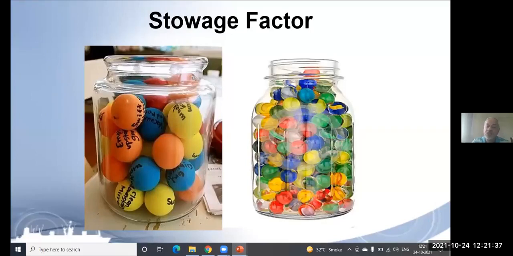But ship's cargo holds are not like a jar, they have internal structures also, because the ship's outside hull is smooth. So all the strengthening members are inside, protruding out on the inner surface of the cargo hold. And with that, when you are putting baled cargo or boxes or pallets, fewer pallets will go, and they will not occupy every nook and corner of the cargo hold, thereby losing a lot of space. So the shipbuilder will give you two capacities of the ship.